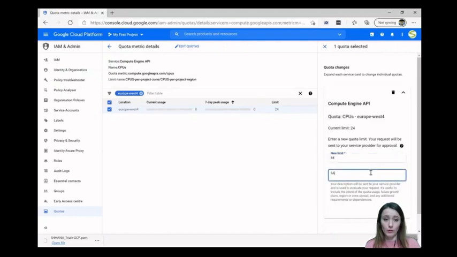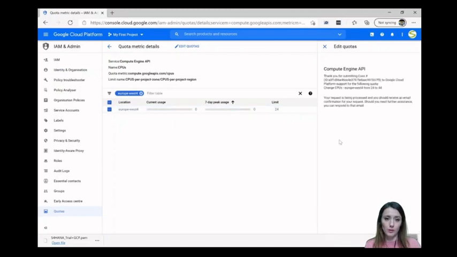And you need to put a description here for Google. I put this S4HANA on-premise deployment. You will need to put your email address and your phone, and then you will submit the request, and that will send a request to Google, and you will receive 3 emails.